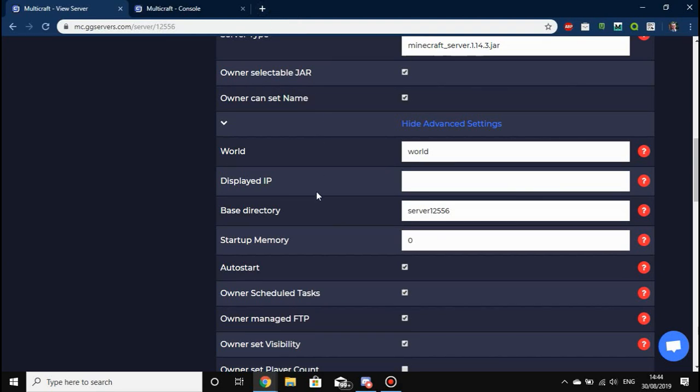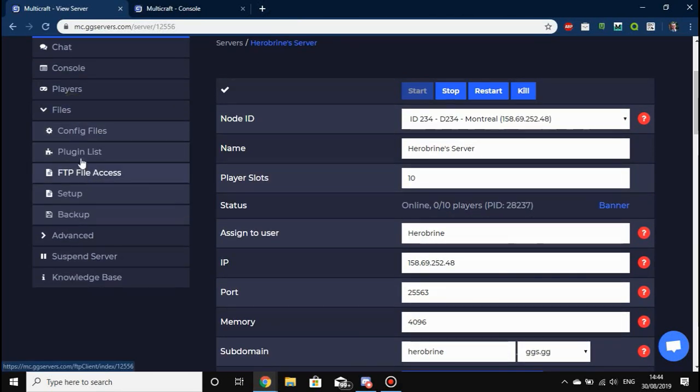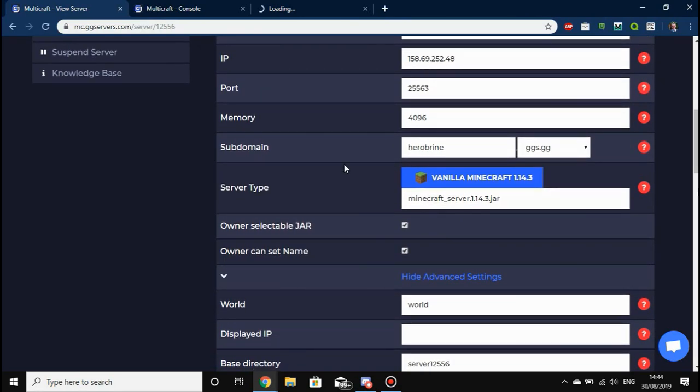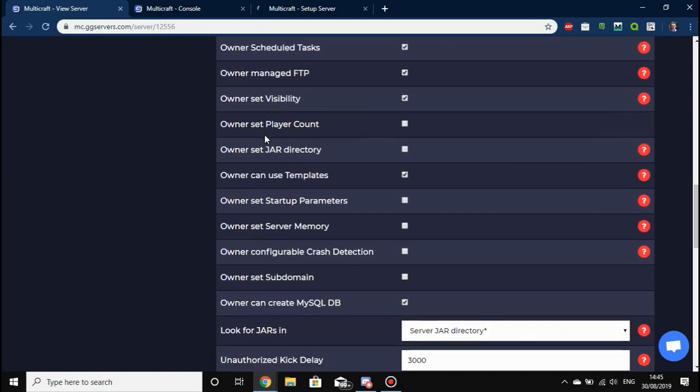We also have a range of mod packs and server versions in our setup option. So when that loads, I'll show you that. Also, you can select your world type. Again, there's videos on how to upload a world that you have on single player to your server. That is possible. You can have scheduled tasks,